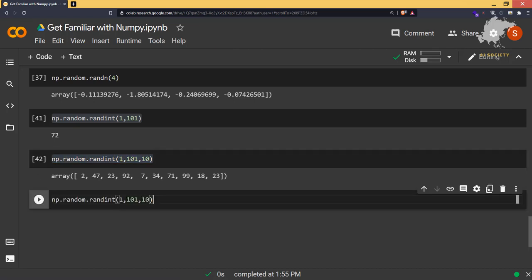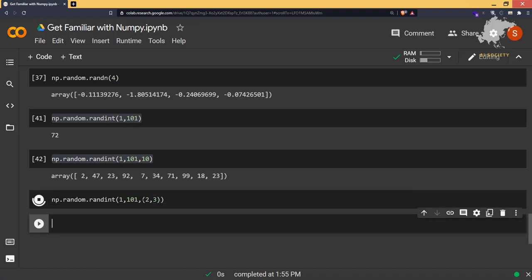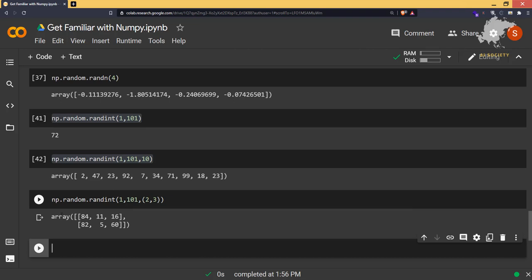You can also give a shape here, say I want a 2 by 3 matrix of random numbers between 1 and 100. It is going to give you a 2 by 3 matrix, 2 rows and 3 columns. So this is very handy in our projects, and it is going to help you in many ways in our projects.